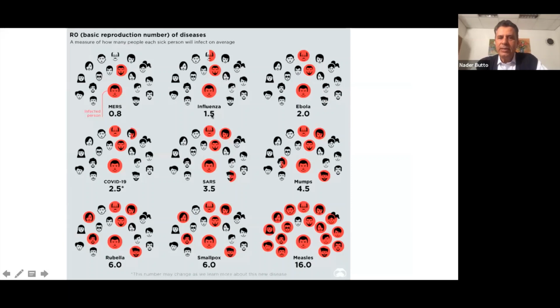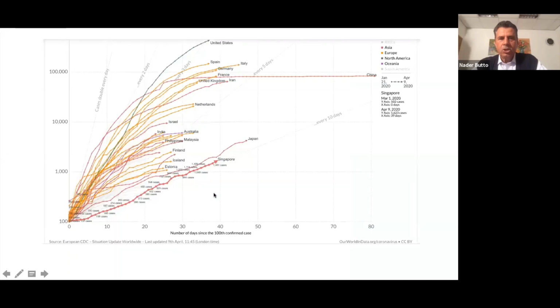In the influenza, it's 1.5. That means every person can infect one and a little bit more. The Ebola, 2 persons. The COVID-19 is 2.5. It's less than the SARS, less than mumps, and less than smallpox, that arrived at 6. So this led to an expansion of the disease in different countries,